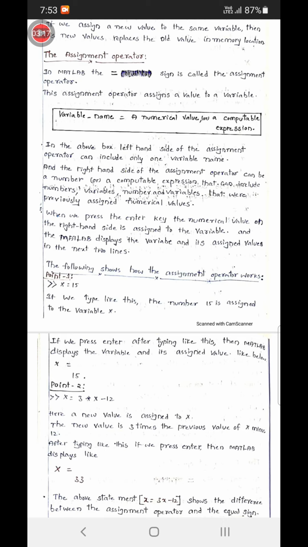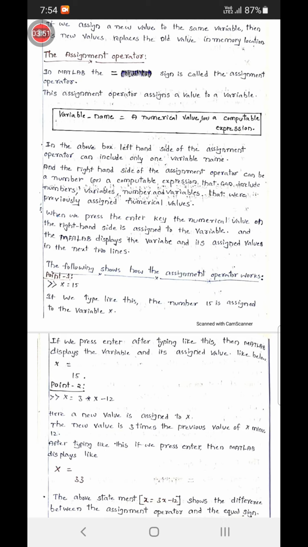And next we have the representation of the assignment operator, which I have written in the box. See this: variable_name assignment a numerical value or a computable expression.